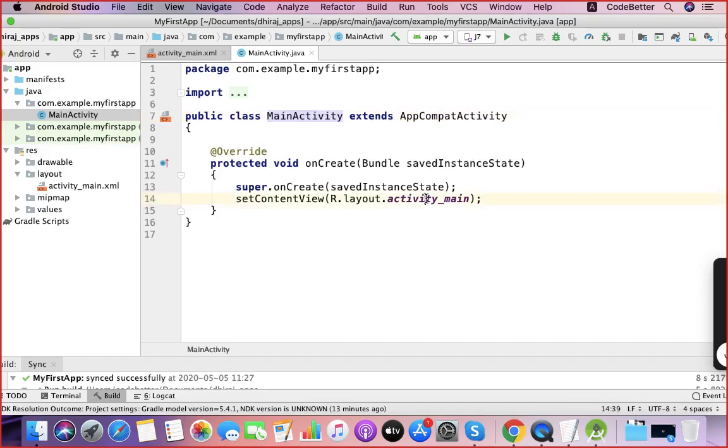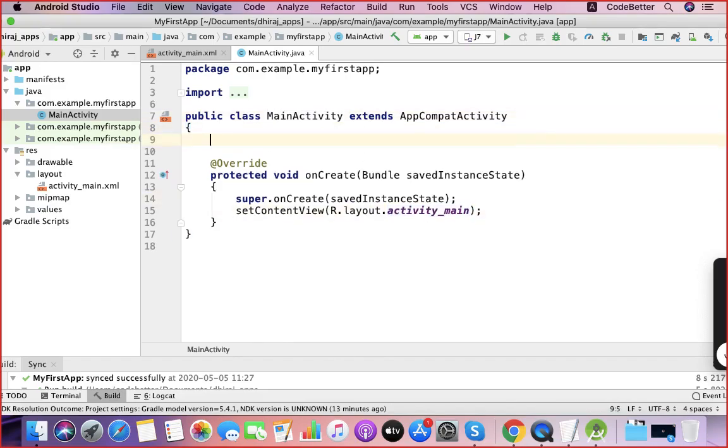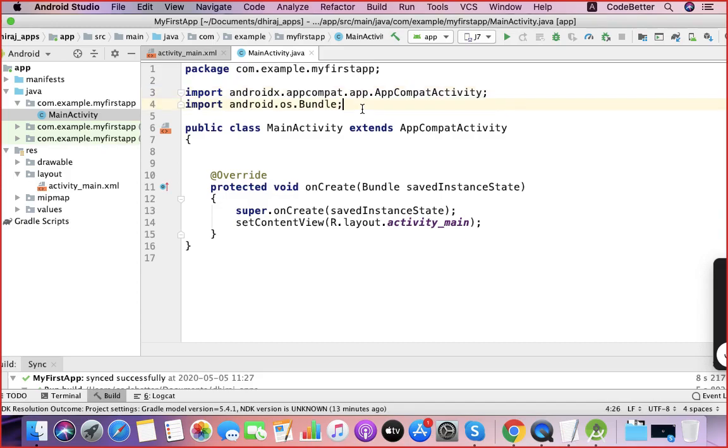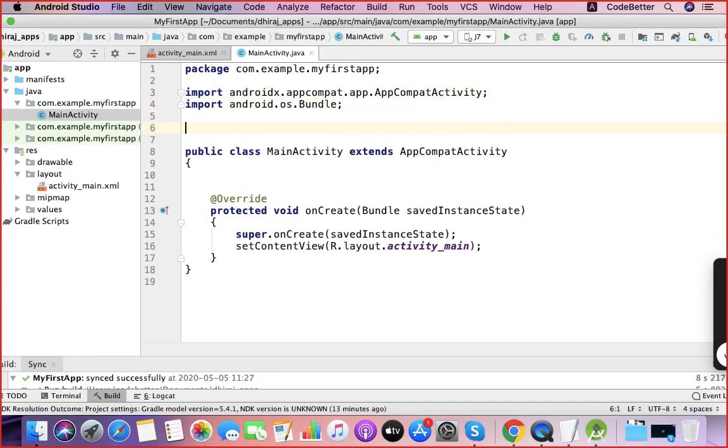Now let's look at the imports. There are some imports at the top. Are you aware of the import concept? Yeah. So we are importing an existing class, AppCompatActivity, and we are extending that class here to create a new class. This is inheritance, and we are using overriding here.